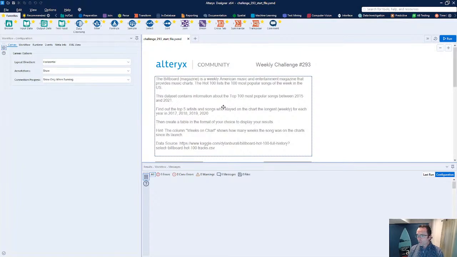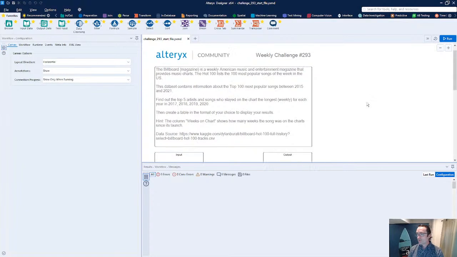Okay. So we got a couple of different things here. Here's our description once again. This is actually coming from a Kaggle data source as well. So if you're not familiar, Kaggle is a fantastic way of just challenging yourself with all kinds of different data challenges, as well as using Alteryx for some of these. It's not an Alteryx thing at all by any means. You can use any platform you want. In fact, there are multiple teams of people that will actually go through to try to solve problems.